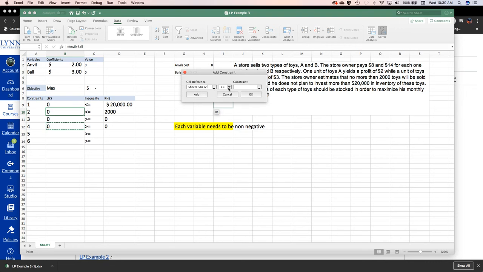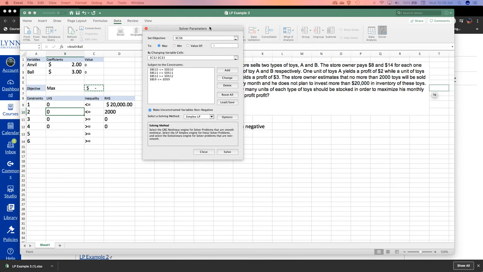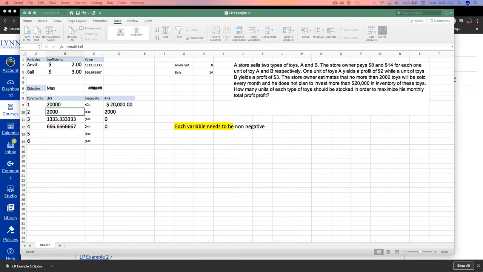And add 0, okay? This, where did I get that from? D12 and D12, so we're good. All right, and so when you set it up correctly, this is what it should look like. All right. So then we're going to click solve, and it runs through the problem,